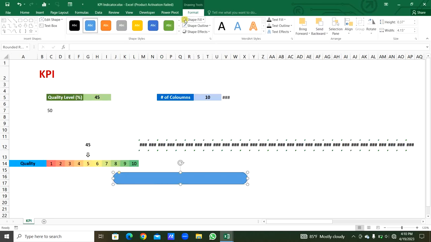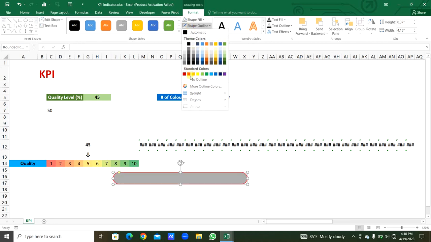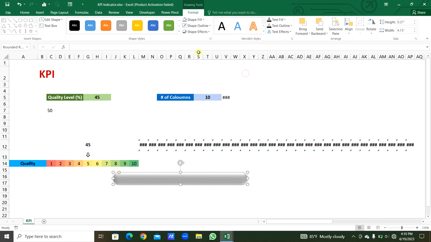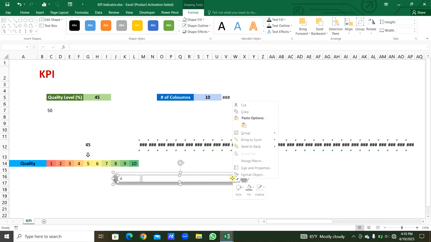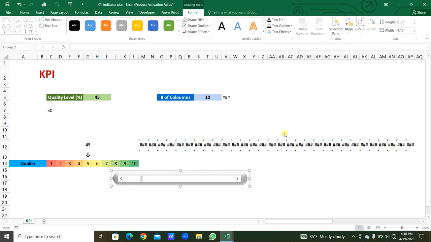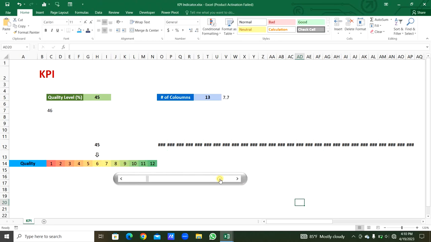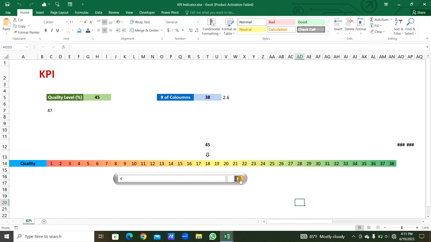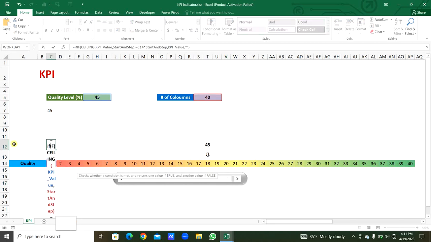Shape Fill, this color, Shape Outline, no outline, Shape Effects. We can give some shape effects. Right, we will send this to back. Okay, now we can select both and make them group. Done. Now we can change the number of columns here as per our requirement. Okay, maximum columns number 40. Here in front of this IF function we can put the IFERROR function